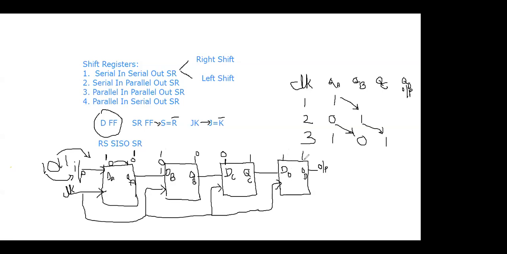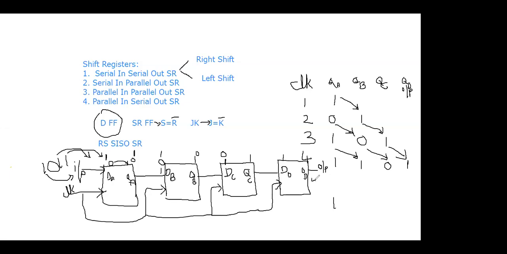Now here we apply the fourth clock pulse. When we are applying the fourth clock pulse, this new one is coming here, so the new value is 1 and this one is coming here. It is a data flip-flop, so the data is shifted. Here it is 1, this shifted to 0, and this is shifted to 1. Now across the fourth clock pulse, we are extracting the first bit which is 1.